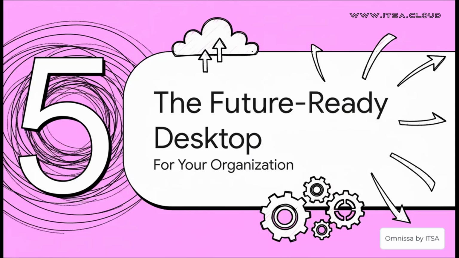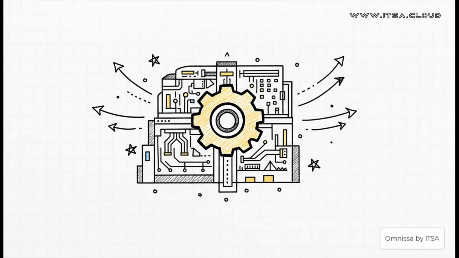All right, so let's bring all this together and look at the bigger picture, because this isn't just about a new tool, right? It's really about building a more agile, a more scalable, and a truly future-ready desktop strategy for your whole organization. And it's really important to get this. App Volumes isn't just some standalone thing. It's a key piece of the entire Omnissa Horizon Enterprise platform. That means it's built for scale. It's designed to help your application delivery grow and adapt right alongside your business.